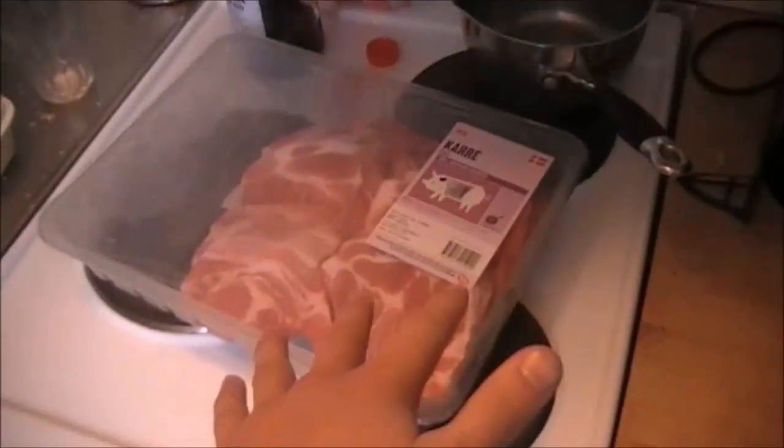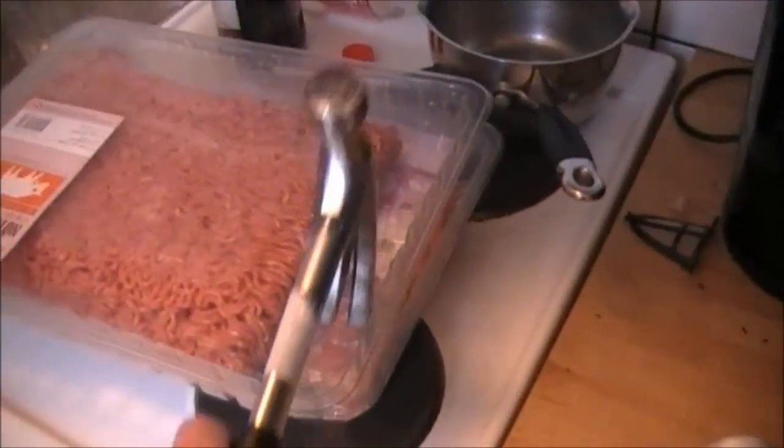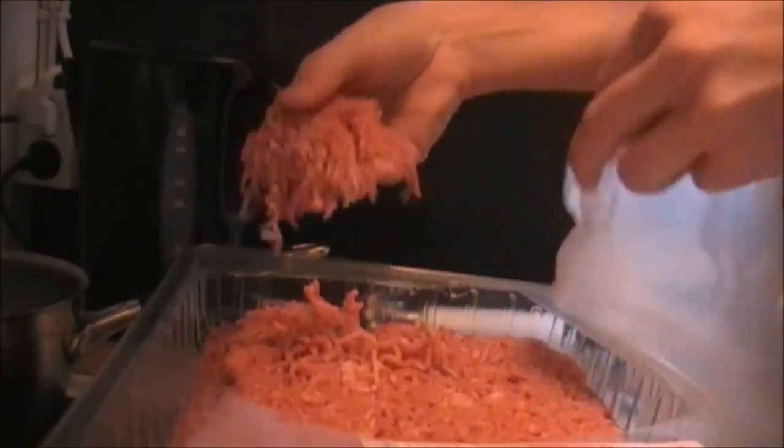Alright, so what you want to do is buy the biggest pack of food you can, because it's cheaper, it's big, of different types. Then you need some plastic bags. And then what you do, you take one bag and then you just fill it up with whatever one portion is, like